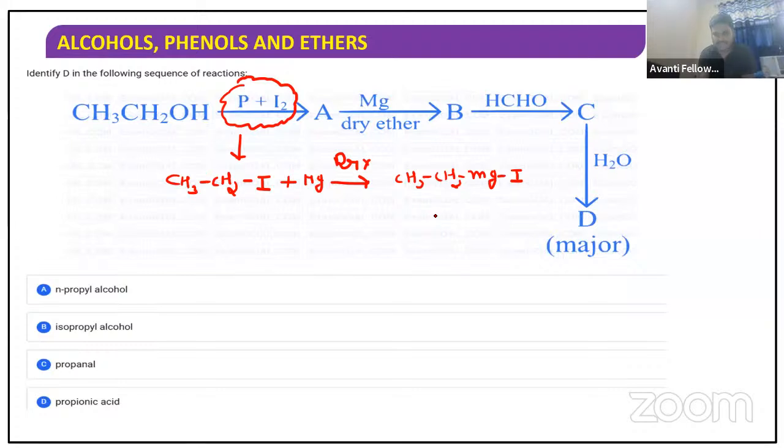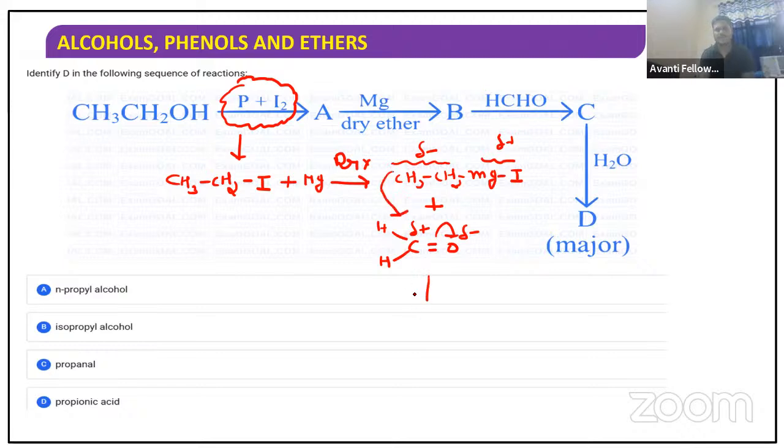Now we all know that whenever we treat a Grignard reagent with formaldehyde, that is C double bond O, with H and H, this is the formaldehyde. Here the carbon is partial negative and this carbon is partial positive, so the Grignard reagent acts like a nucleophile. It is going to attack this carbon. So what product do we get? Look, C, and here CH3CH2 has attached, and here we have H, and here it comes,